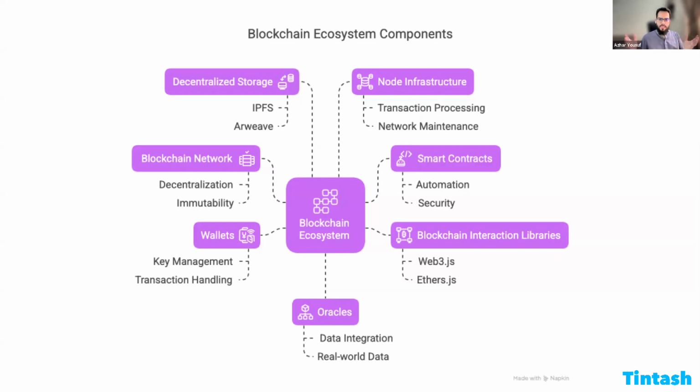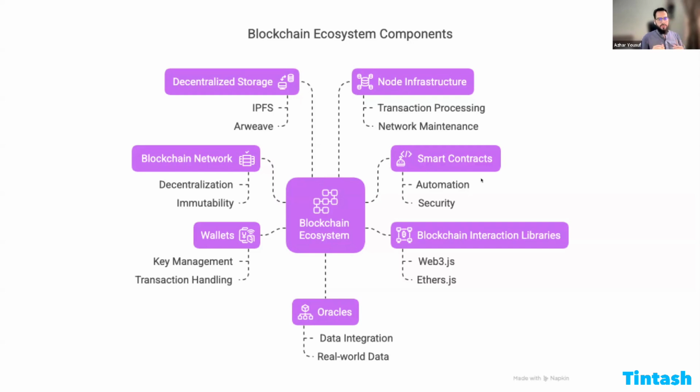So how are they different from the rest of the centralized world? A lot of times the smart contracts are immutable. So once that code is written, once it is deployed to the blockchain, nobody can modify that. Nobody can change that. So instead of putting your trust in a single person or a single entity or a single company, you are putting your trust in the code. And the code you can read, you can verify. So the smart contracts are one of the most important parts of the blockchain ecosystem, and they ensure that you don't have to put your trust in any single entity or person. You are always putting your trust in the code.